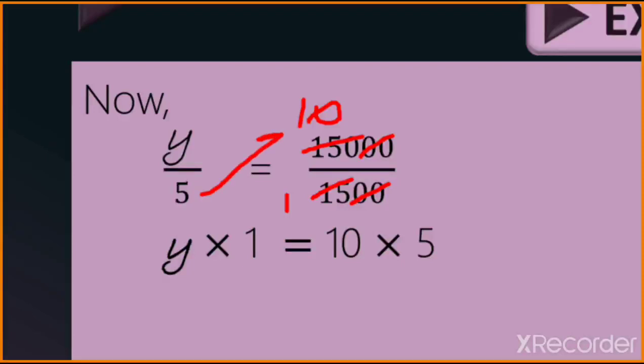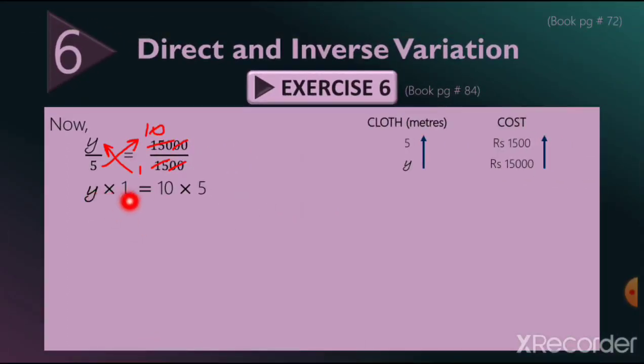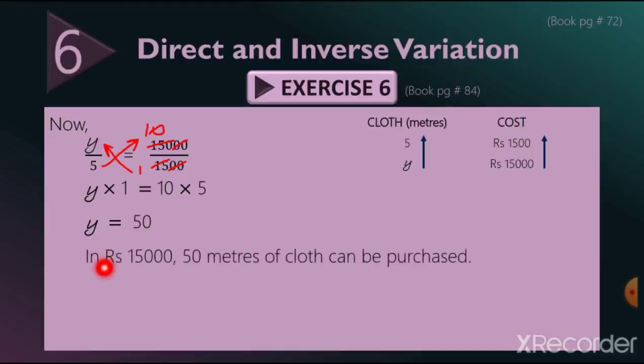5 will be multiplied with 10, and 1 will be multiplied with this y. So y multiplied by 1 is equal to 10 multiplied by 5. It equals y is equal to 50. 10 multiplied by 5 is 50. So with rupees 15,000, 50 meters of cloth can be purchased. Understood? Next is